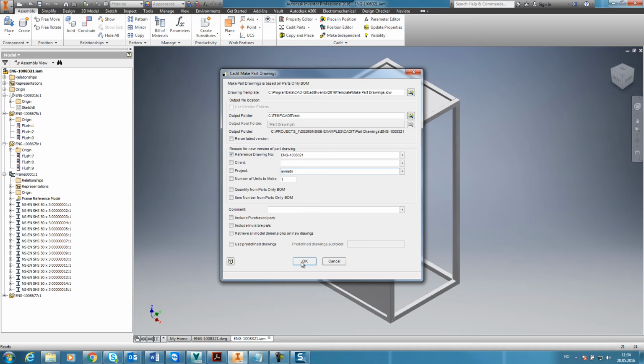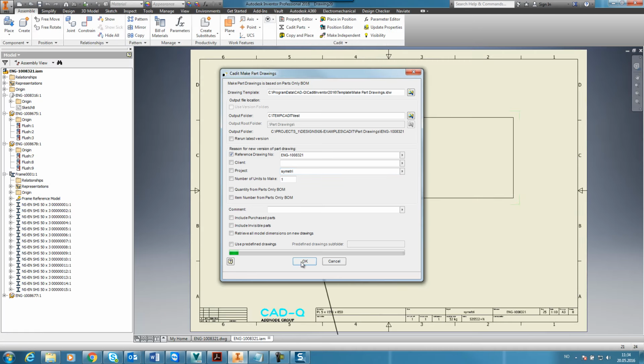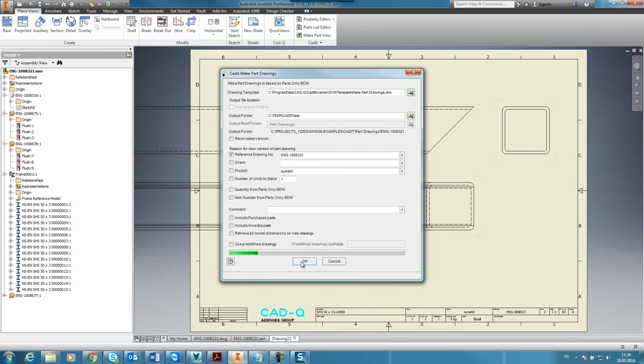This is very configurable, but basically it takes every part from this model and creates drawings of it. It will create drawings based on your setup, your template sizes and so on, and of course you can create a lot of special custom properties that will be updated. So there's a lot of